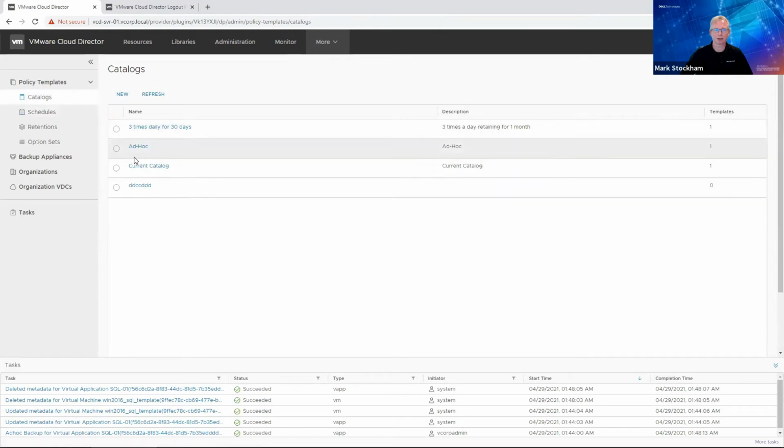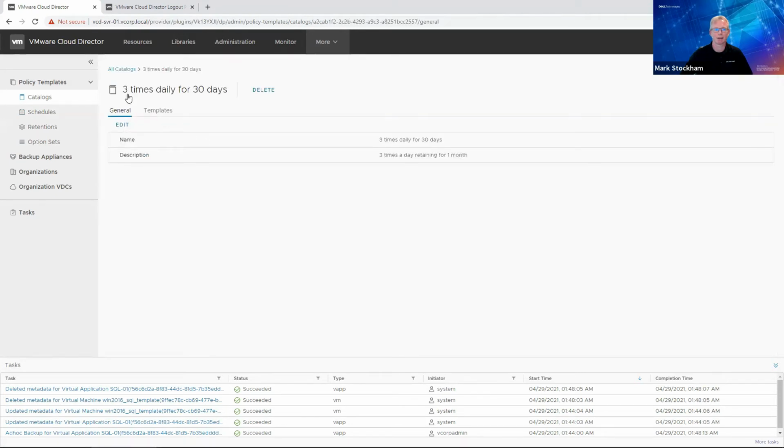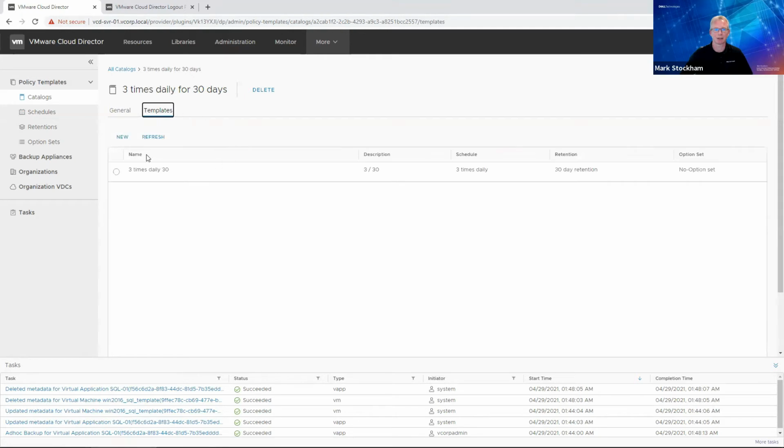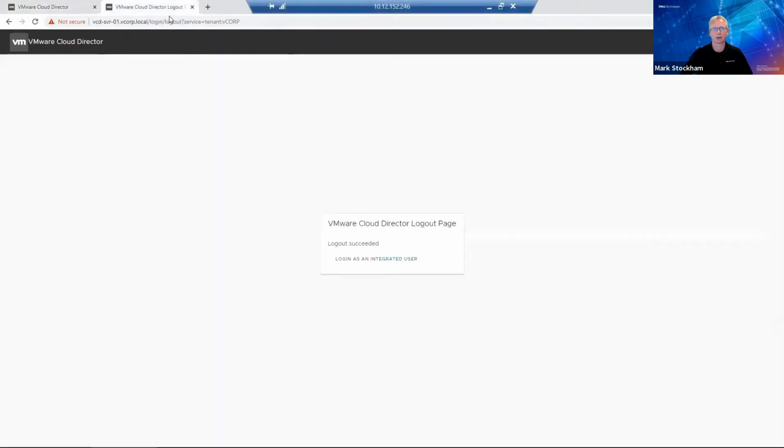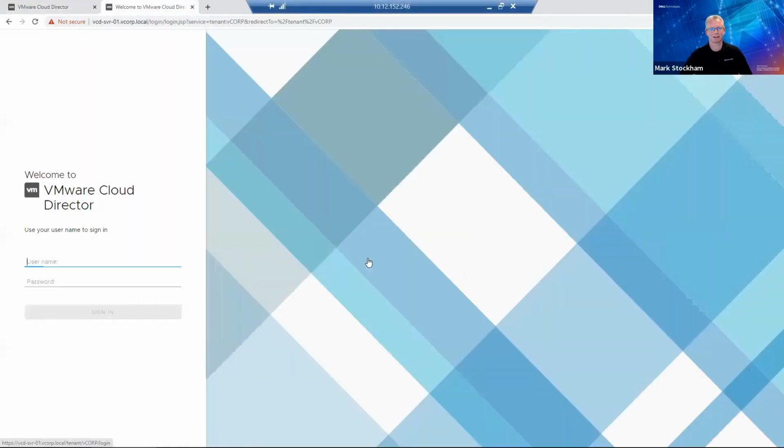So these catalogs are the roll-up of all of this information that's then consumed by the tenant admin. So we've already got one in here that says 3 times a day, kept for 30 days, using the particular template that I've just created. And that's something that can then be consumed by the tenant admin. So this is where all the heavy lifting gets done. You don't tend to go in and make too many changes here. You set it up as an admin, and then of course you log in as a,